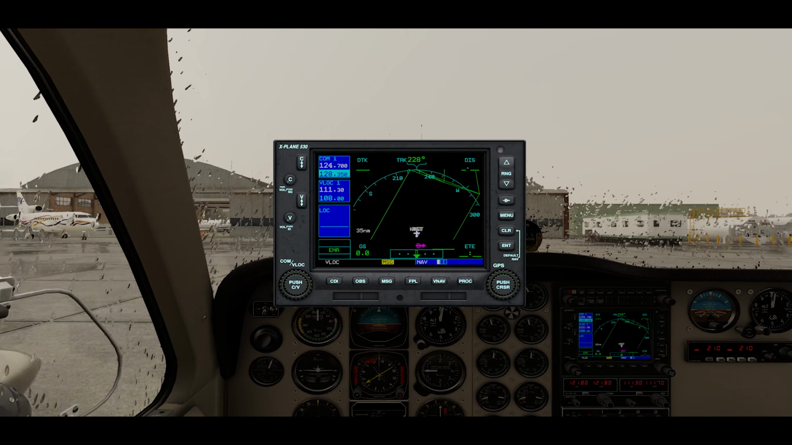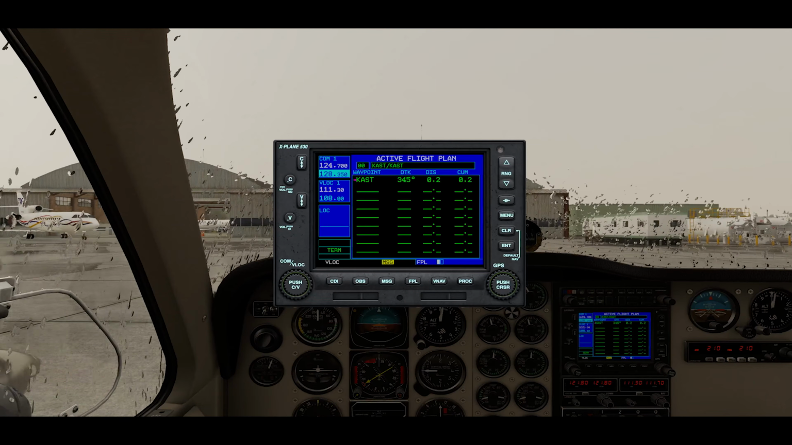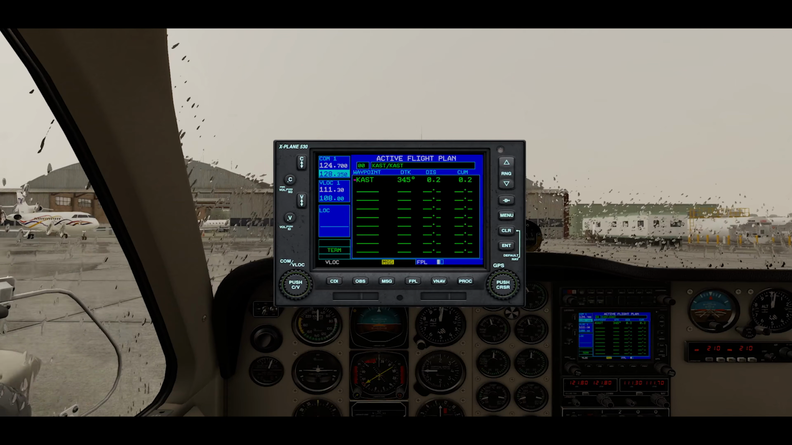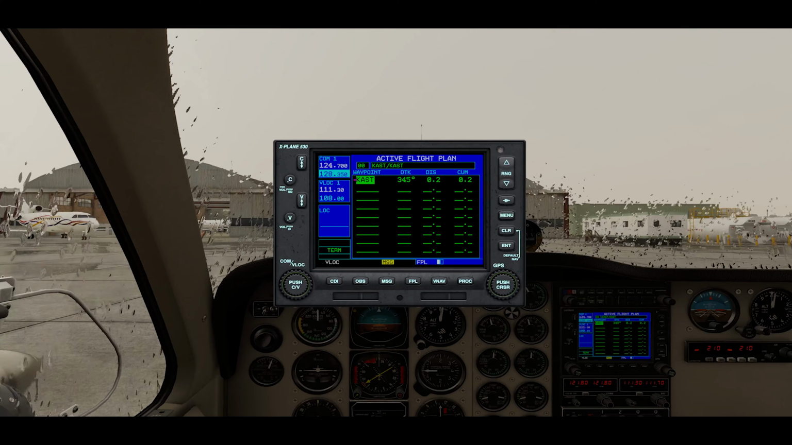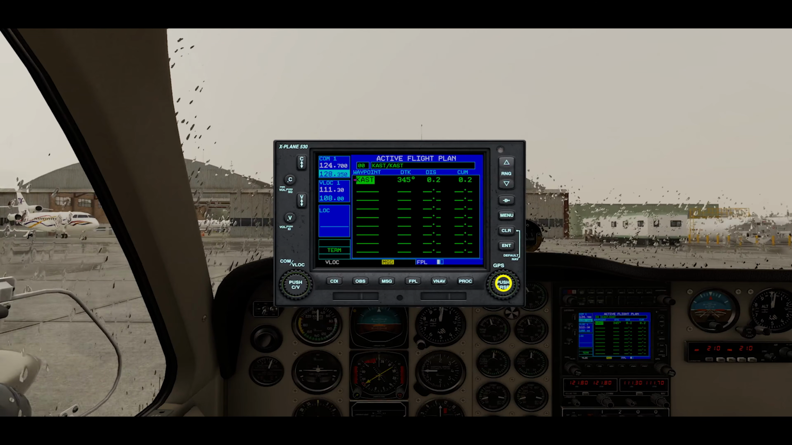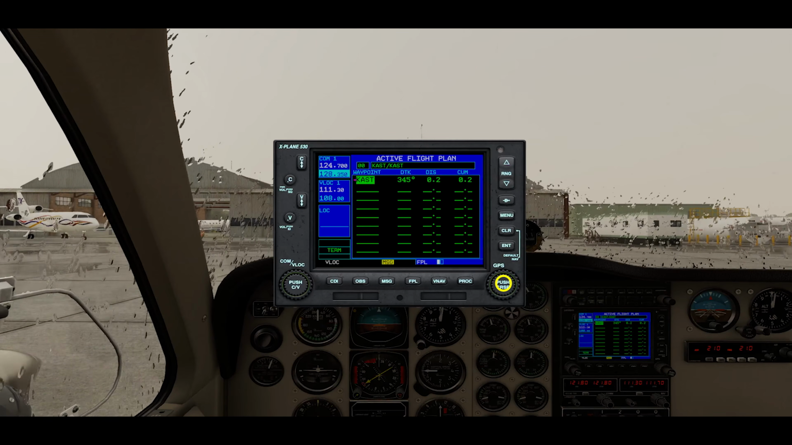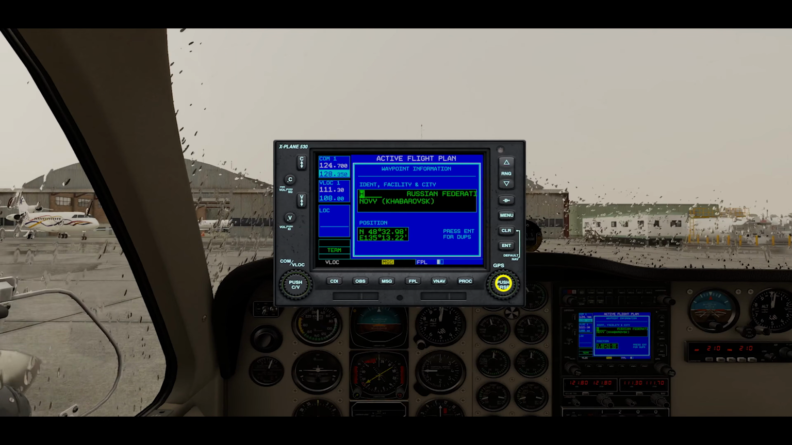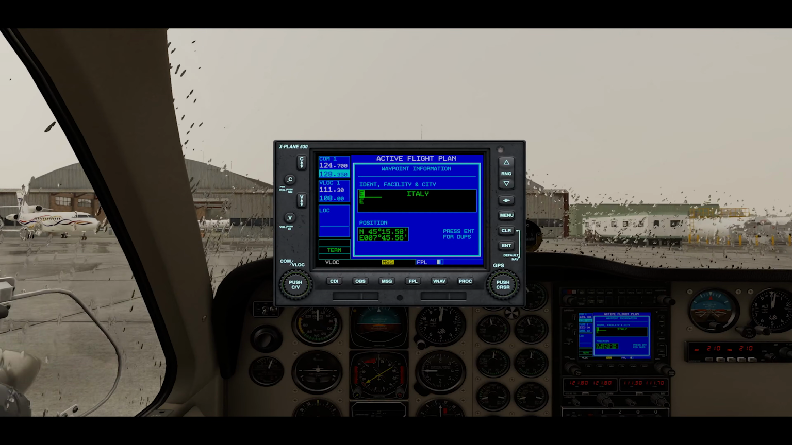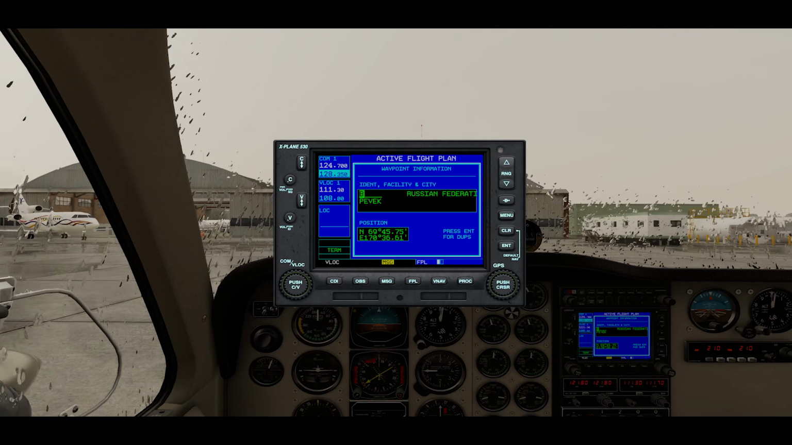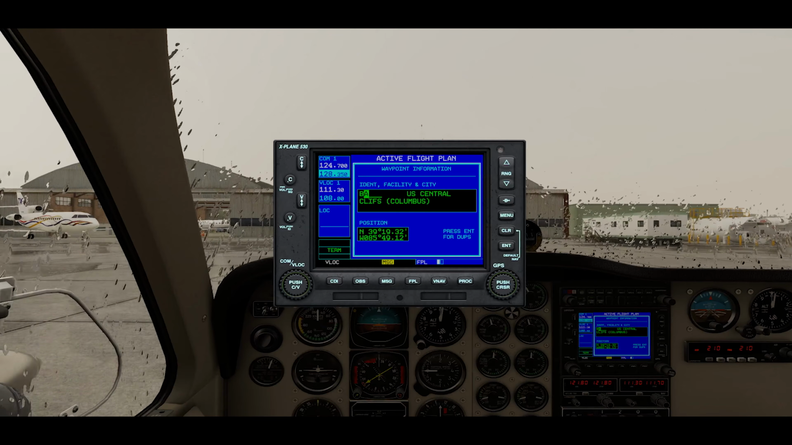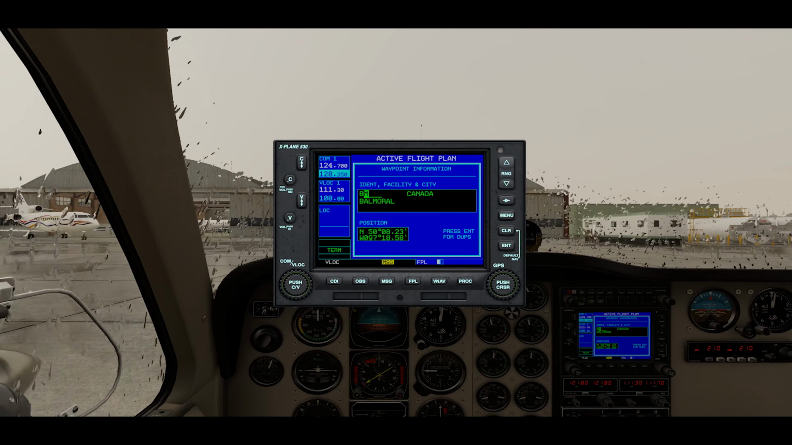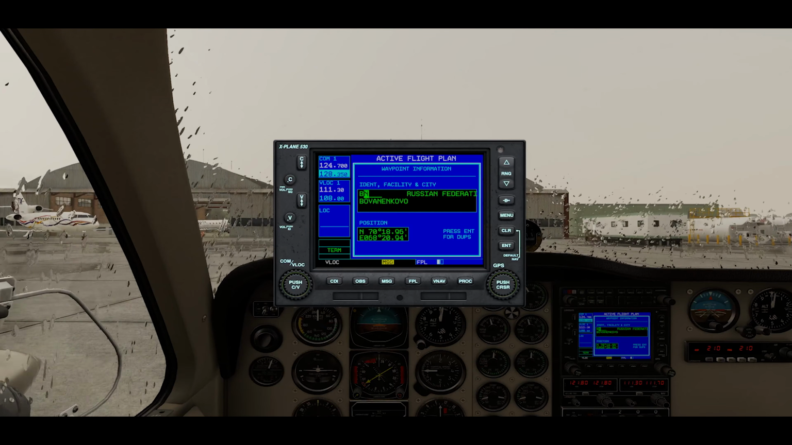And now we have to enter our waypoints. Currently the waypoint is showing the airport where we are, Astoria. Push on the cursor button, we highlight that. Now we turn the small knob and start selecting the initials of our first waypoint. Use the large knob to advance to the next initial